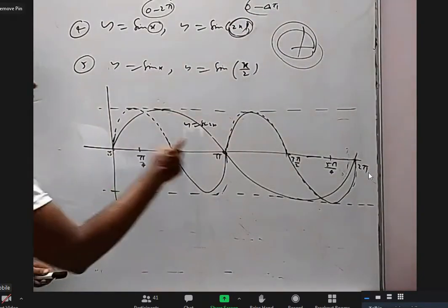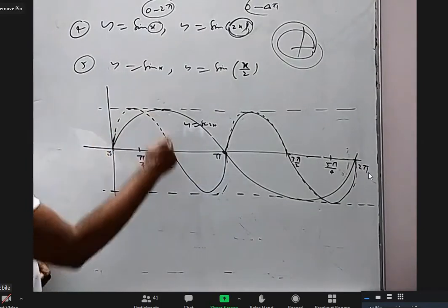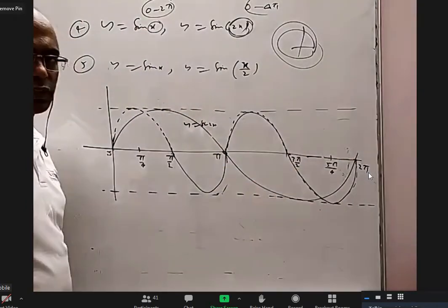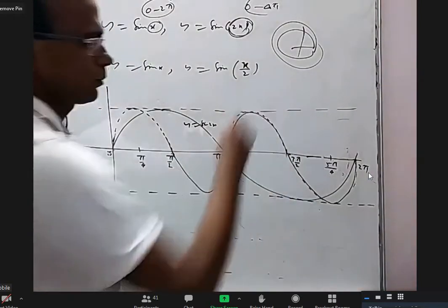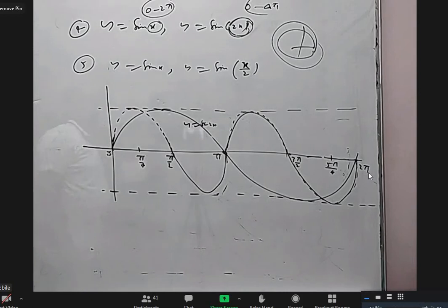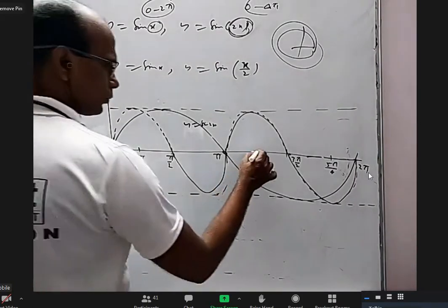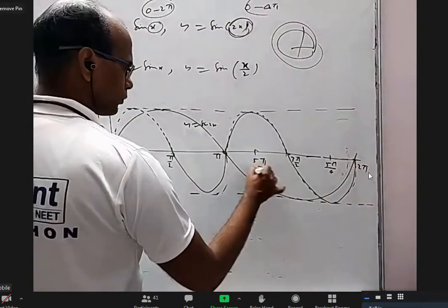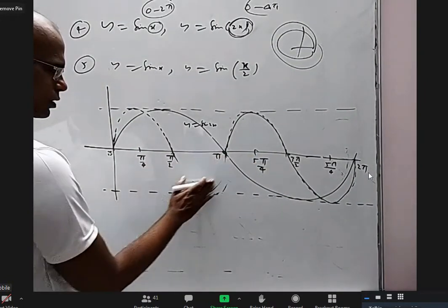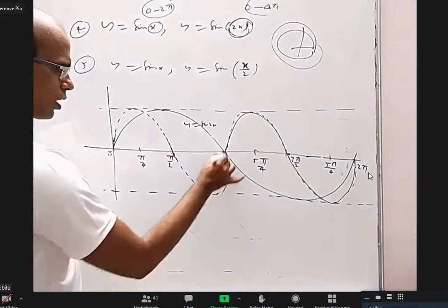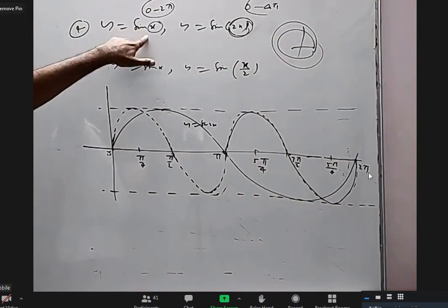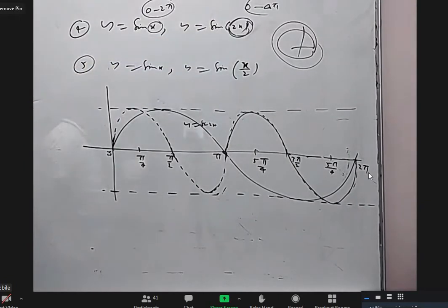When x is between 0 to 180, 2x will cover 0 to 360, one wave. When x is between 180 to 360, 2x is between 360 to 720, the second wave. Is it okay? Please try to understand. If any doubt, I am ready to discuss. It is not just taking one or two values; theoretically, when x covers one circle, 2x is covering two circles, two rotations, two waves.